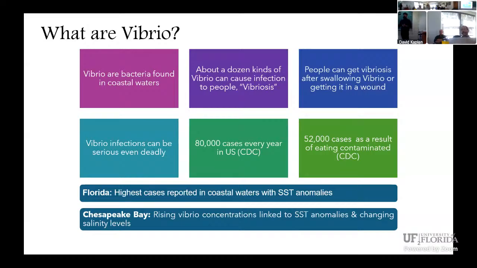Firstly, what is Vibrio? Coastal bacteria found in waters where the salinity is high. They love salt, they love temperature, they love organic matter. More than 100 species exist. People can get Vibrio either by entering water that has Vibrio with an open wound, or by eating raw shellfish, maybe oysters, because oysters are known to filter the ocean water. They are a hub of bacteria. So oysters are the number one source for Vibrio infections.